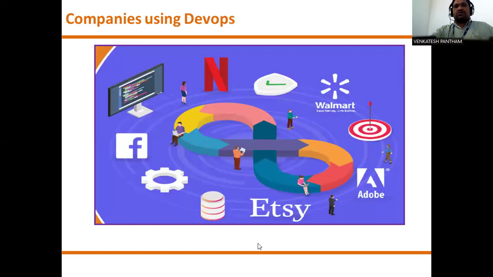And also so many companies, majorly Walmart, Adobe, Netflix, and Facebook, are using DevOps.